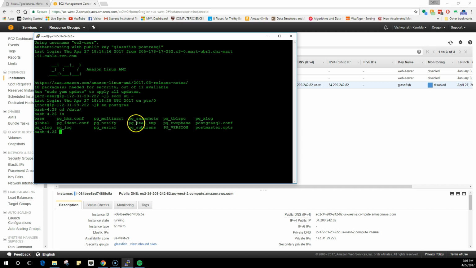These are the default settings, and the default settings allow any local user to connect to the database no matter who the user is. But we don't want that, because if some user gets access to the database, he can change other databases and drop other tables and other stuff that we don't want. So what we are going to do is change the postgresql.conf file and the pg_hba.conf file.